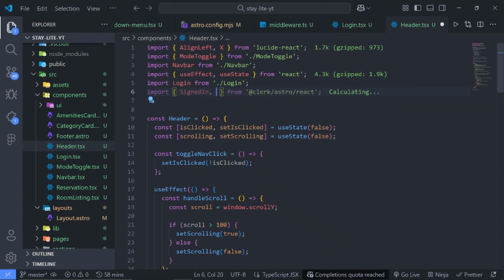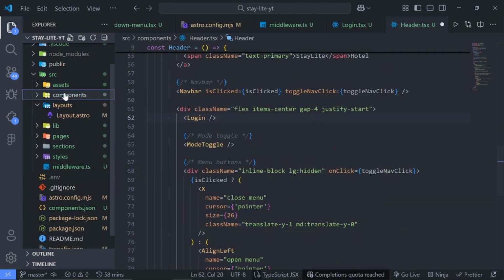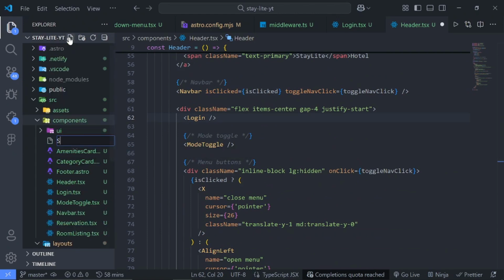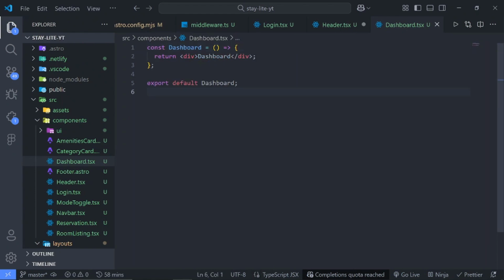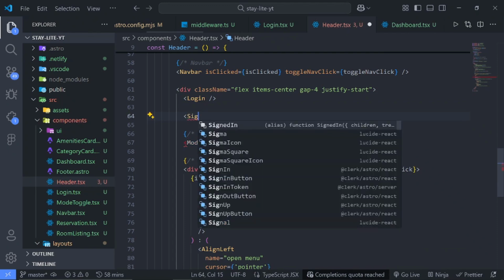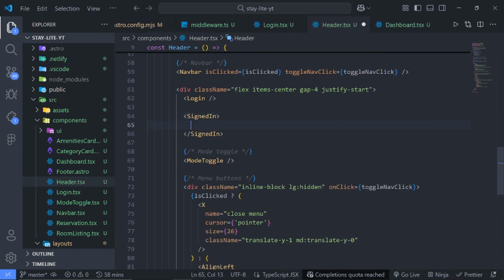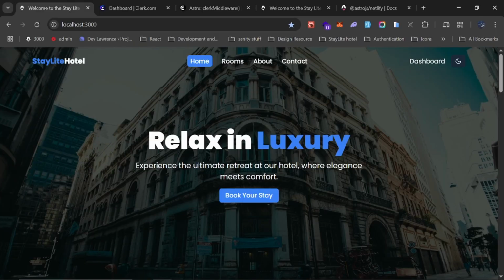I will no longer need the sign in button. So underneath this, I'll create a new component called dashboard. So we say dashboard.tsx, or say rafce, like so. So we'll go back to our header.tsx, and under this we'll use the sign in component and say only show this dashboard when a user is signed in. So now we can go back and you can see dashboard like so,